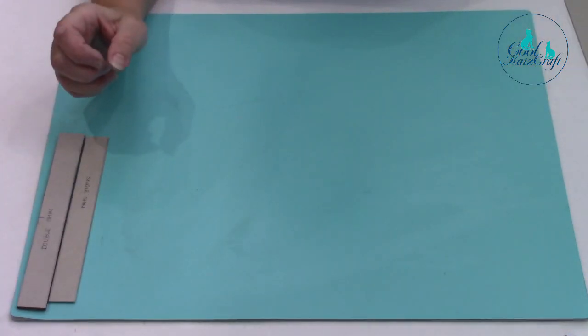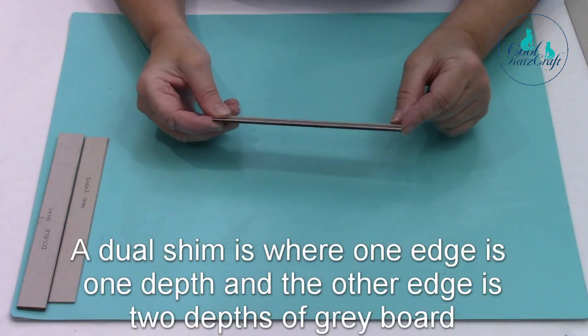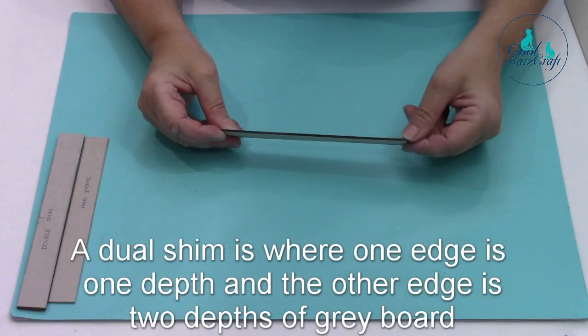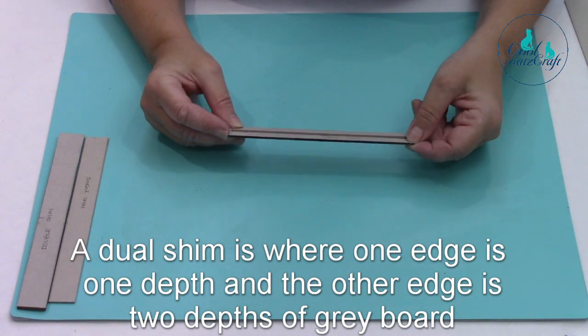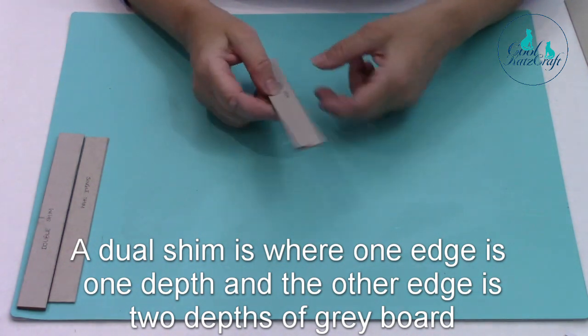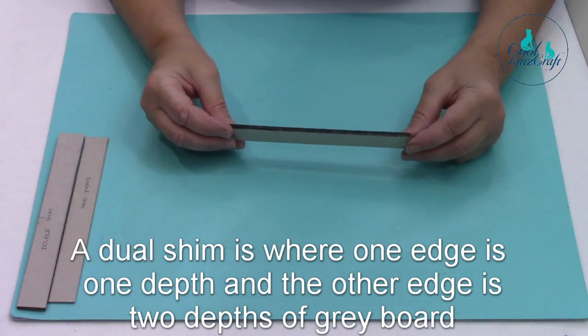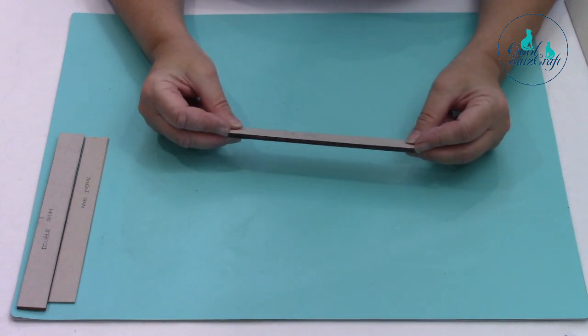And then you can do another one, which is what's called a dual shim. So you have one piece that's cut at 1 inch, and your thickness is your original grey board of 2mm. Then you cut another piece the same length but only half an inch wide, stick it on top, and you have a double thickness shim or a dual shim. And these are very handy things to keep